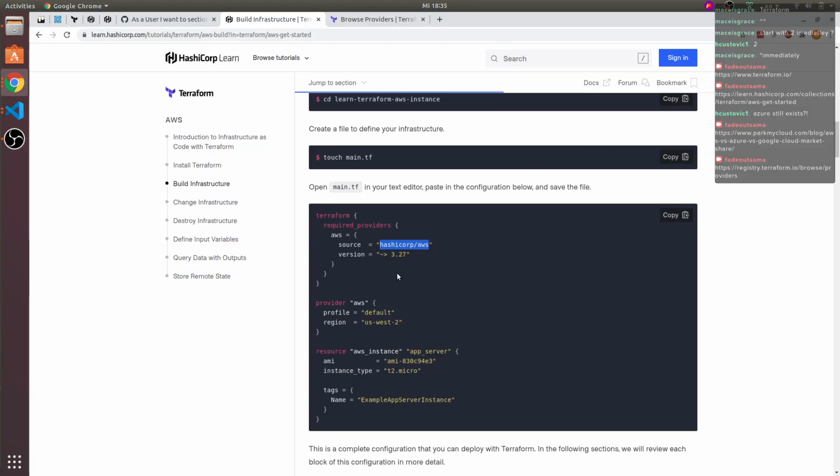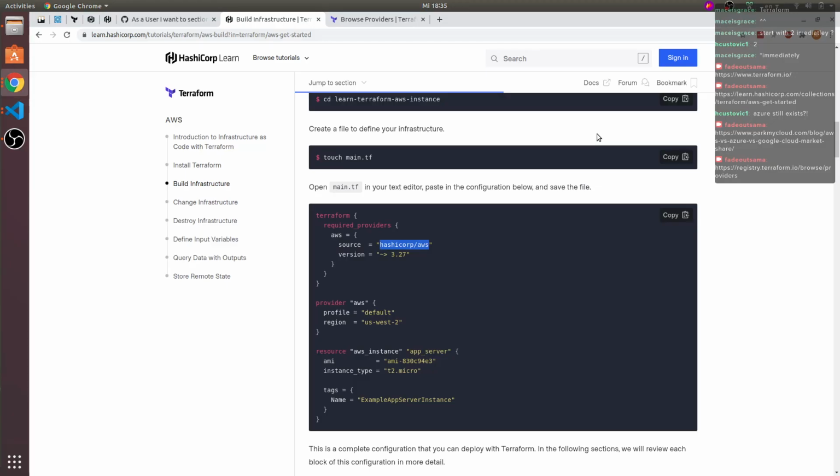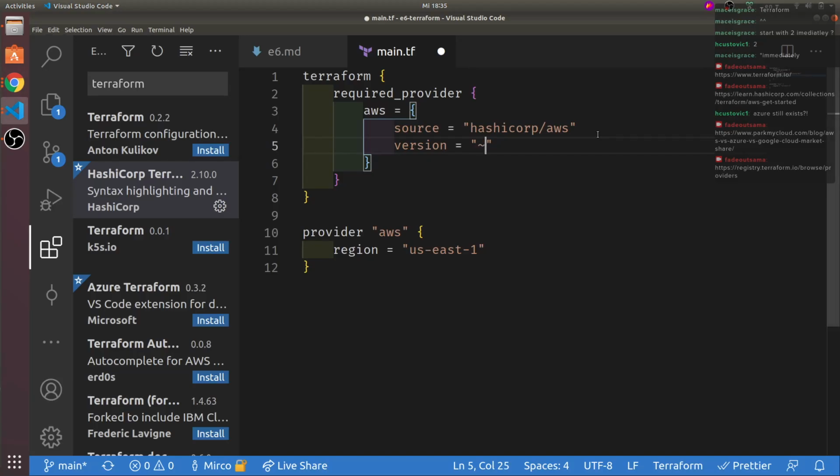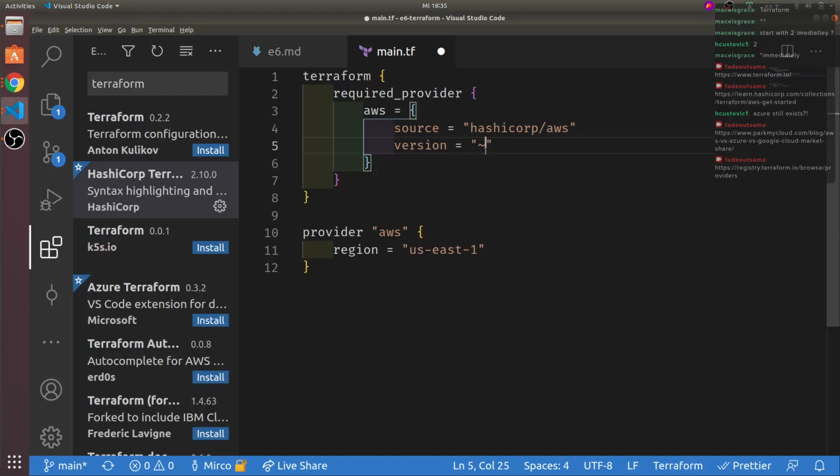And one thing that we can do as well is define a version to avoid that things break. So this is a tilde greater than, I think it means greater or equal, but I don't know for sure because they wrote it ugly.